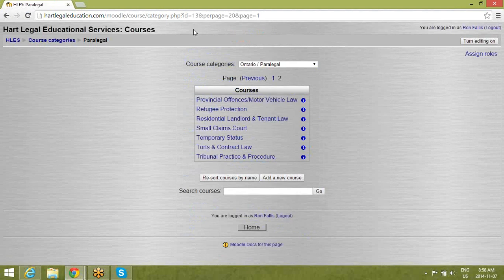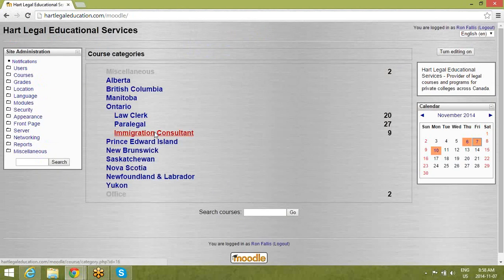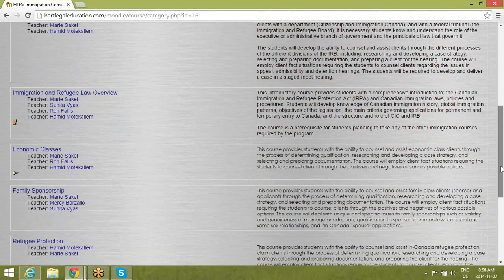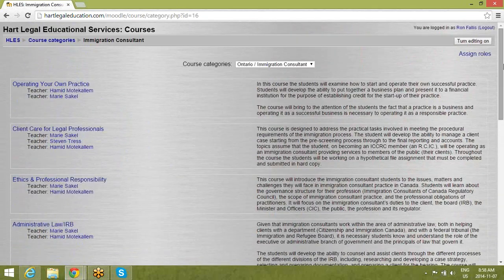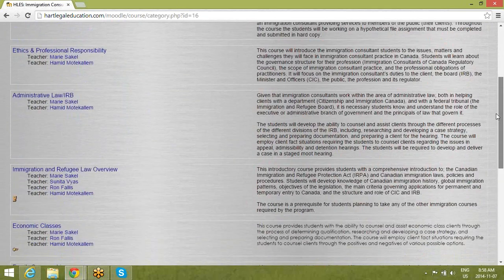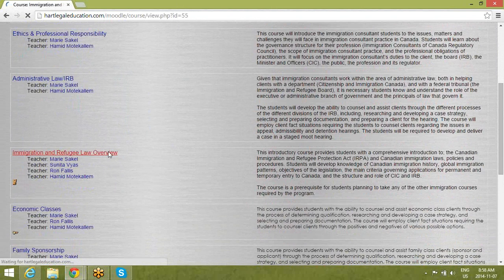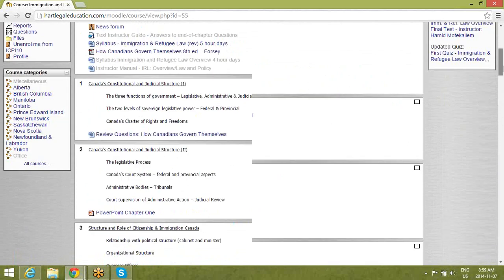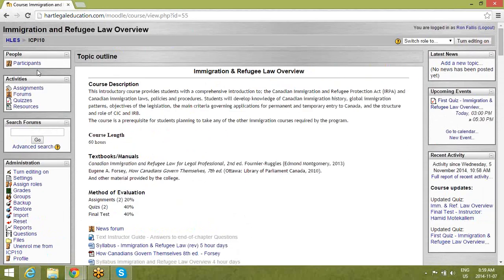Now, if I can go back then to the first course we're looking at. Well, actually, this time I'll select a different one just for variety's sake. Immigration and Refugee Law Overview, which would be the first course for immigration. You can see that there's many things on the page besides what I was showing straight down the middle. On the sides you have people, activities, administration,